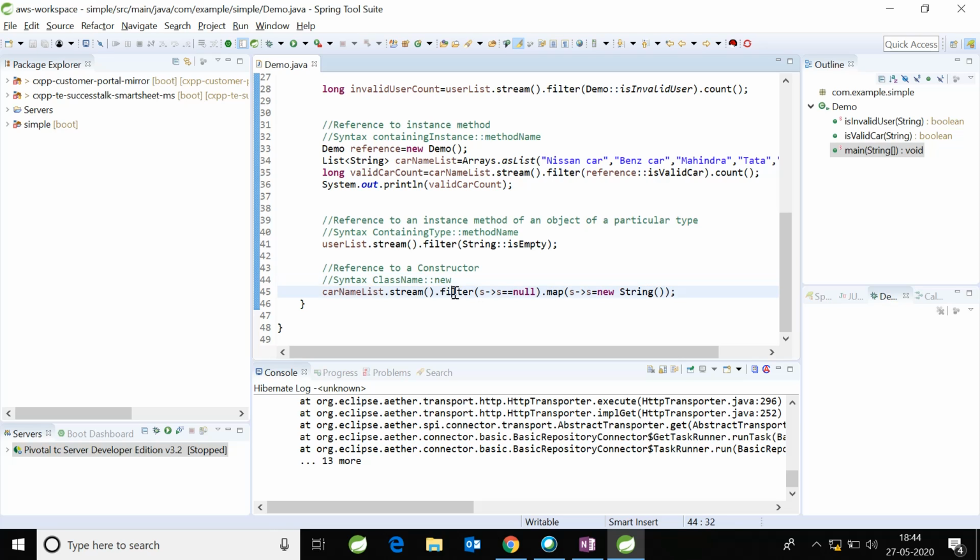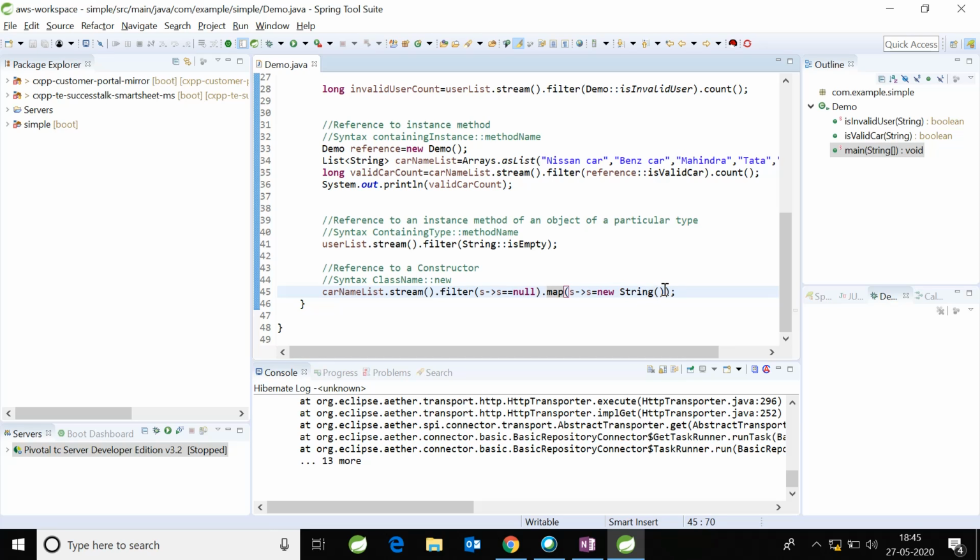So here I have a filter method and it has a lambda expression. It is checking if the string is equal to null, and that object is being passed to the next method, that is map, and that object is getting initialized.